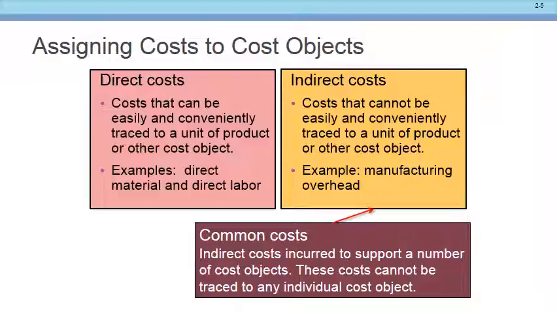So it's too difficult to say, okay, you spent 2 minutes talking to that person and 1 minute talking to that person. Too difficult to trace, so we treat that as indirect. It goes to the indirect pool, gets allocated based on whatever the driver is. In this case, the minutes it takes to make the sandwich, right? So now we're adding to our indirect costs. We've got indirect labor now. Okay, we got indirect materials, indirect labor.